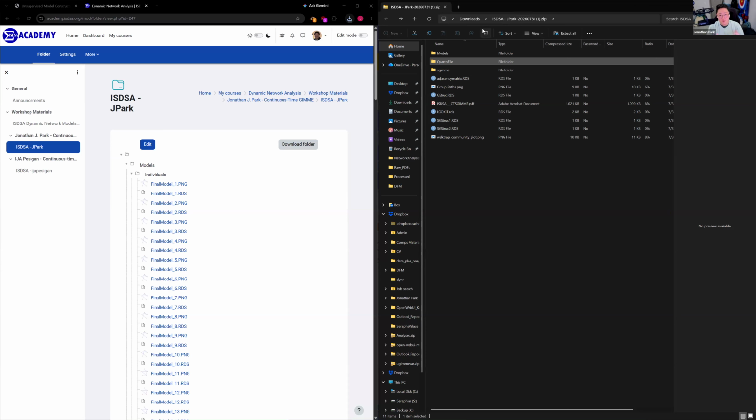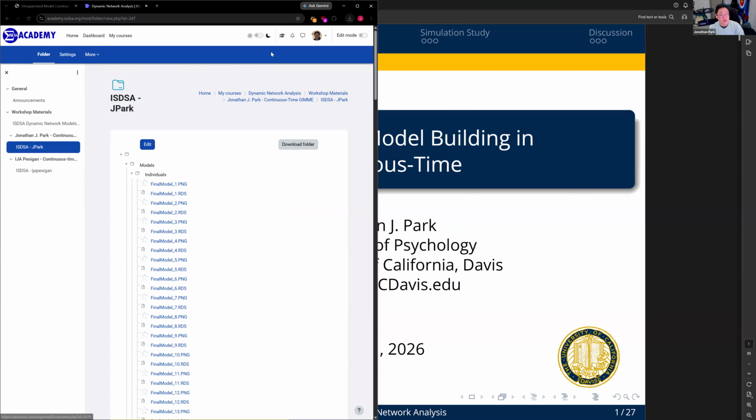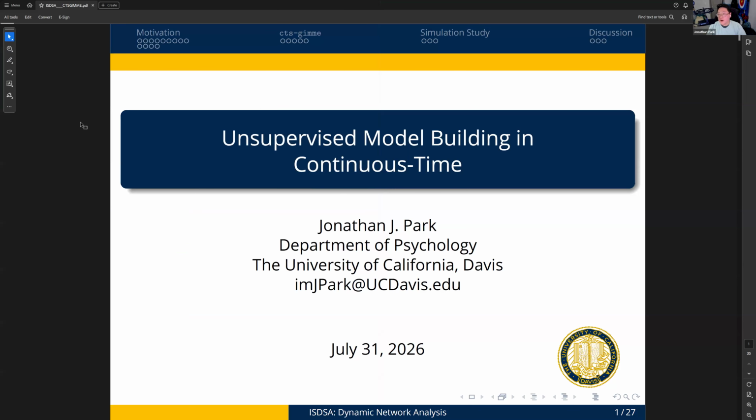I will be running it so that people can see the status messages that you get when you run continuous time GIMME, and I'll be talking about a little bit more of the background technical aspects should you choose to use this in your own work. Also, just as an additional note, as someone who is on the tenure track, if you would for whatever reason like to collaborate, feel free to send me a message. Right. So my portion of this talk is on continuous time GIMME models. Actually, one second. I do need the chat to be open just in case. So if people have questions, do feel free to put them in. For code related things, particularly, I imagine that some problems could come up. So do let me know.